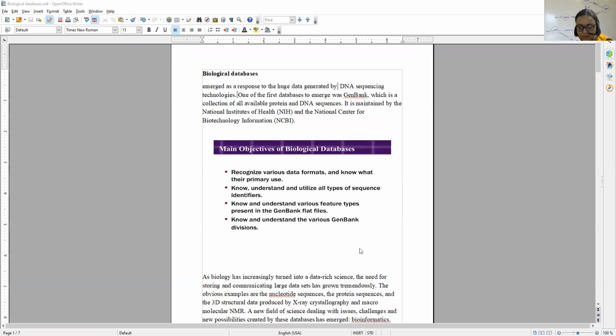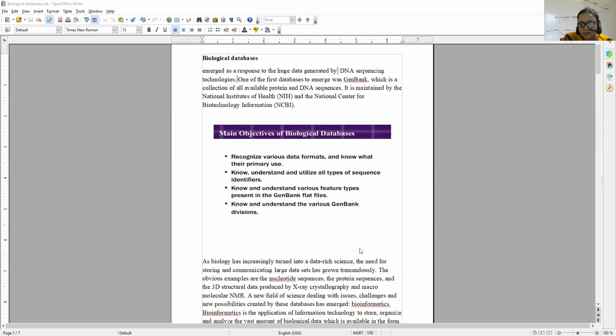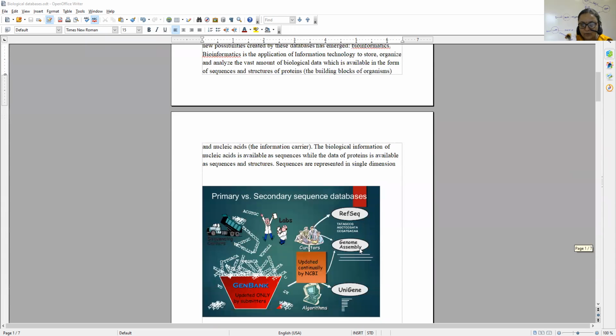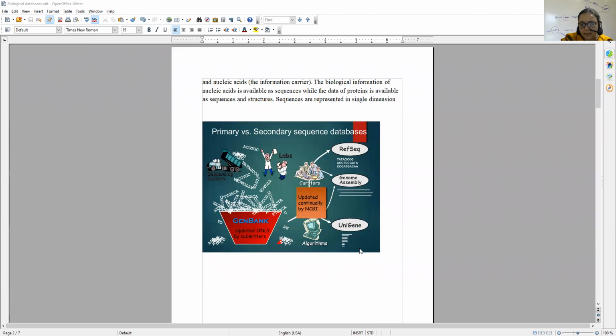The need for storing and communicating large data sets has grown tremendously. So, nucleotide sequences, protein sequences, and 3D structures are produced by methods like X-ray crystallography of macromolecules. With the help of bioinformatics, we can store these data, which are extracted from experiments, in different types of databases.